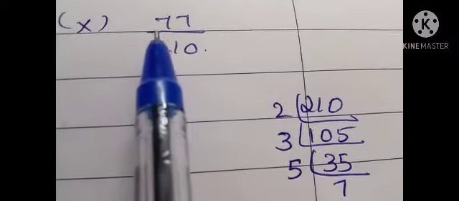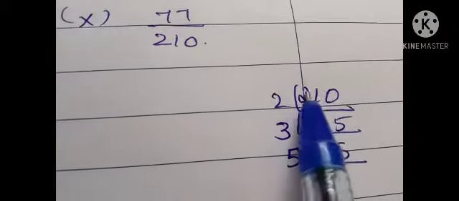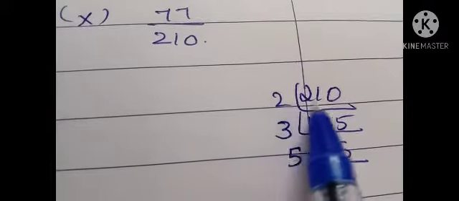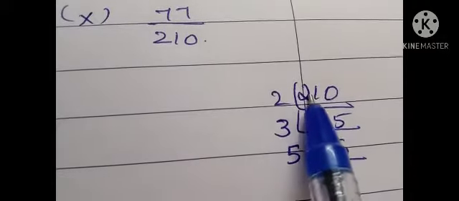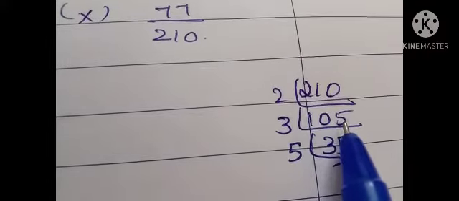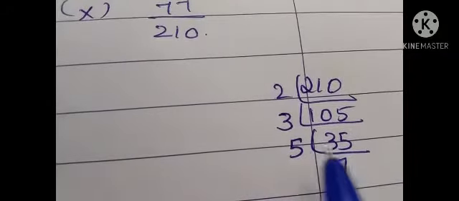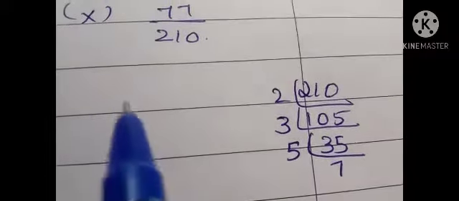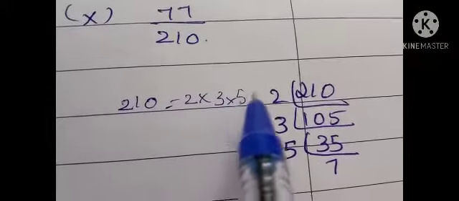Now the last question of the first section, that is 77 by 210. So we have to take the denominator 210 and prime factorize that. It is an even number, so we can divide it by 2. 1 twos are 2. Then 1 is less than 2, so we can put 0. Then together 10. 5 twos are 10. Then this 105 is not divisible by 2. Then 1 plus 5 is 6, so it is divisible by 3. Then we will get 35. Then it is divisible by 5, that we get as 7. 7 is a prime number, so we can write it as 210 equals 2 into 3 into 5 into 7.